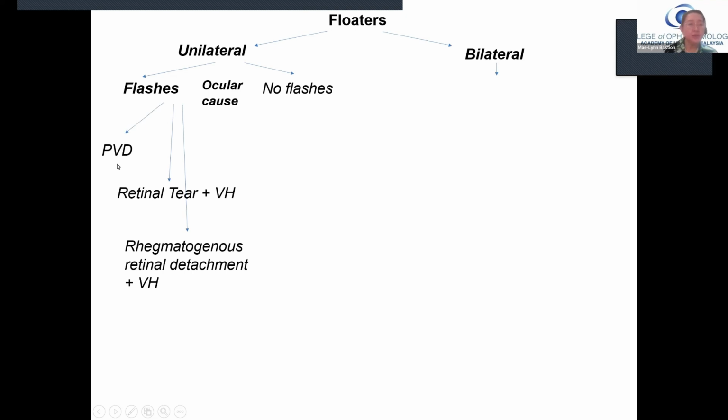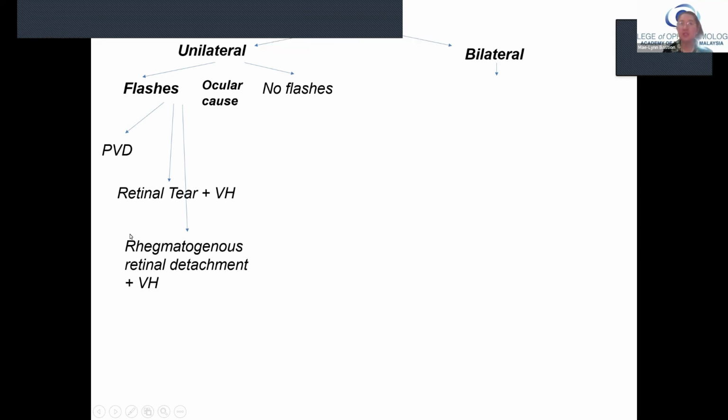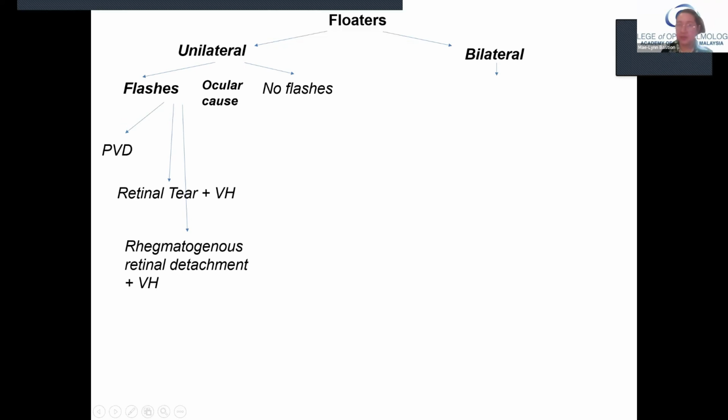If there are flashes, then we think of what I always say, to remember those three processes that sometimes occur one after the other. You start off with the posterior vitreous detachment, usually precipitated either as a part of natural aging, following intraocular surgery such as cataract surgery, or after trauma. The vitreous gel then contracts, and you may get a retinal tear. Sometimes you will get vitreous hemorrhage as well. Afterwards, the tear develops, and the patient will then develop a rhegmatogenous retinal detachment.